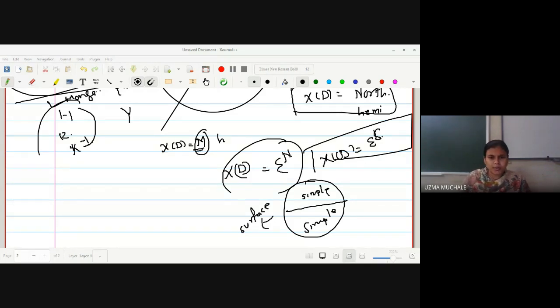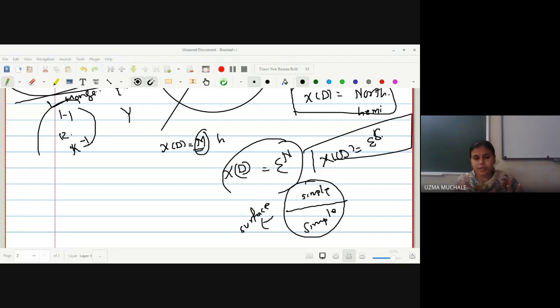So let us stop up to this one. In the next lecture, we'll go for the next one. That is some result, because if you want to prove a definition, suppose I want to prove any subset M of E3 to be a surface, then for every point P, you have to find a proper patch, just like we have done for the northern hemisphere. After doing all this, we got only the northern hemisphere, that the x of D we get is true for the northern hemisphere, right? And then you have to find it for the southern and then combine the two simple surfaces and then you get the result, correct?